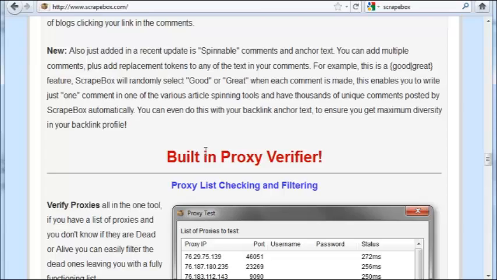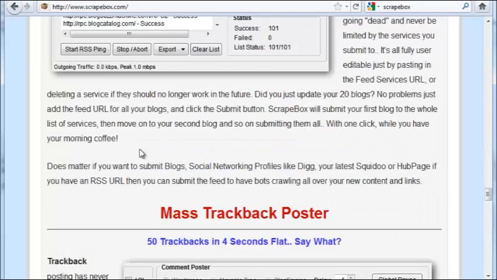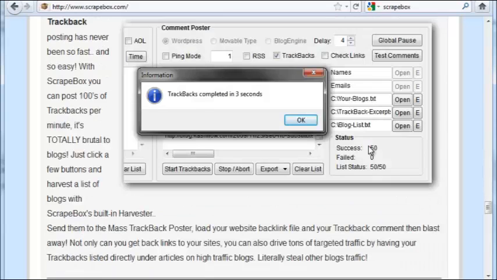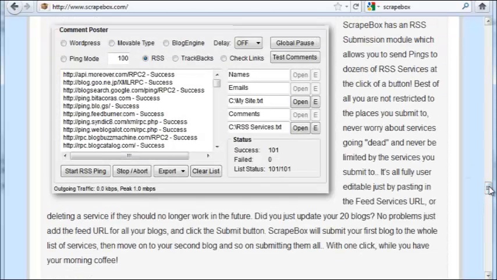And you can use proxies if you want to, and so forth. Scrapebox also allows you to basically blast. Let's say I get 2,000 links, .edu links, including .gov links. Scrapebox will actually allow you to blast or comment on those links if you want to.